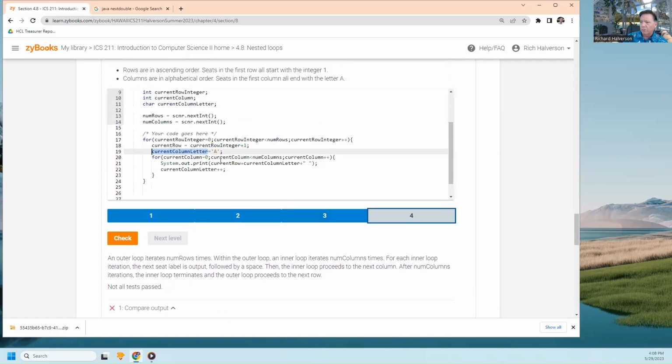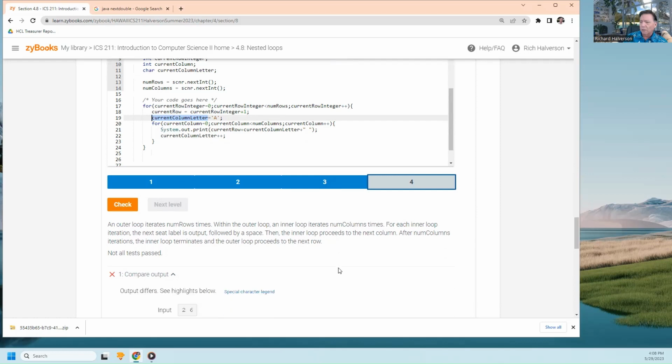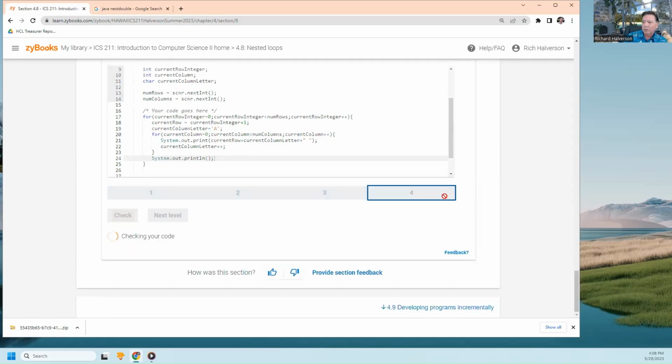Somewhere I forgot to put the print line, but no, I not only forgot to put the print line, it's printing out, it's not printing out a letter. All right, well, let me do the print line. I need a System.out.println. Yeah, I know this isn't going to do it for me, but